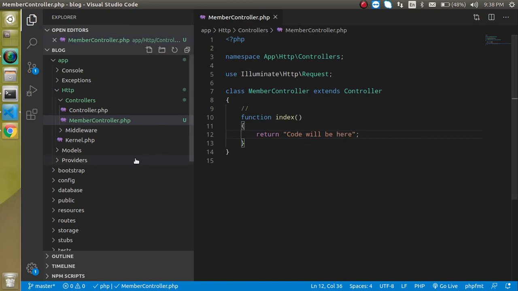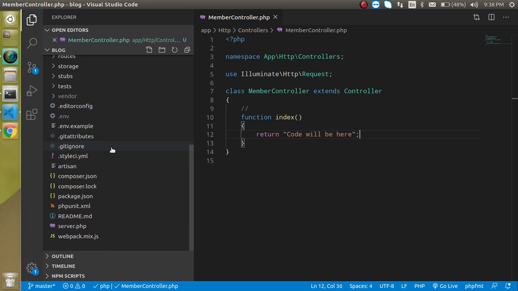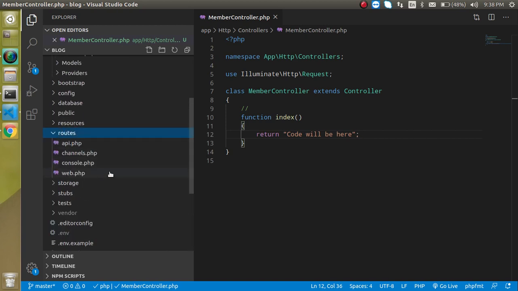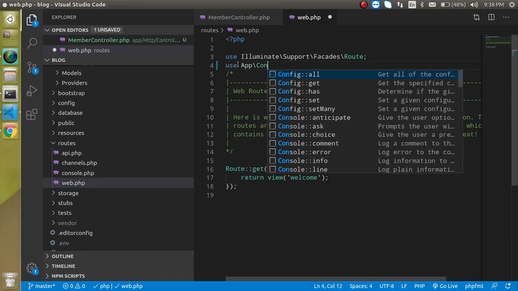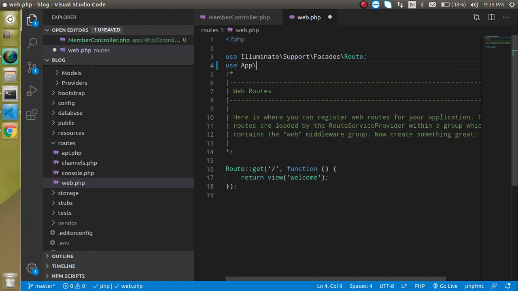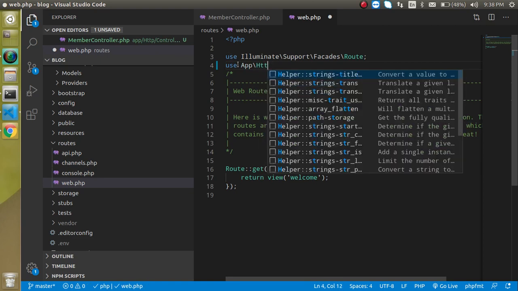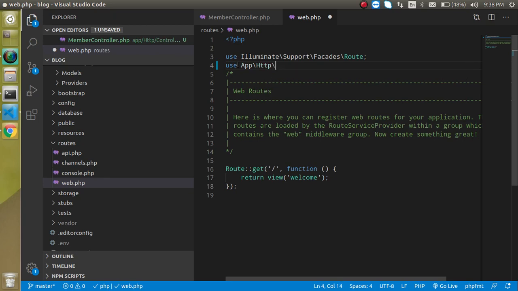And now let's make a route for it, and for that we have to go inside routes/web.php. Just write here use App\Http\Controllers\ and the controller name, which is MemberController, and just put a semicolon at the last, and let's make a route for it.